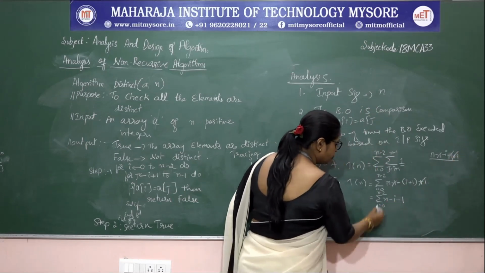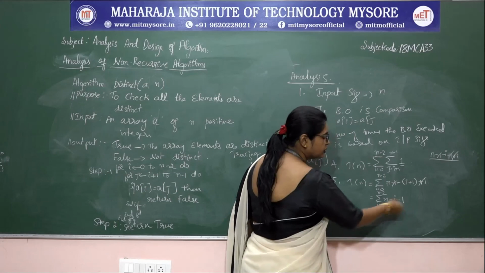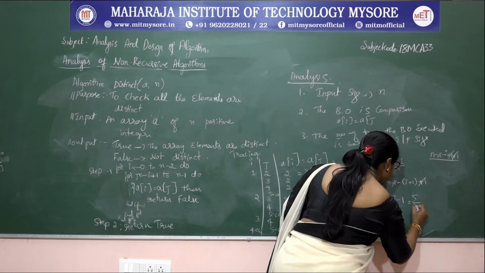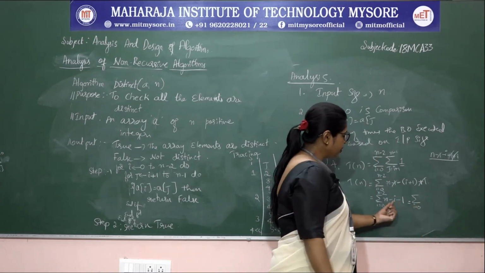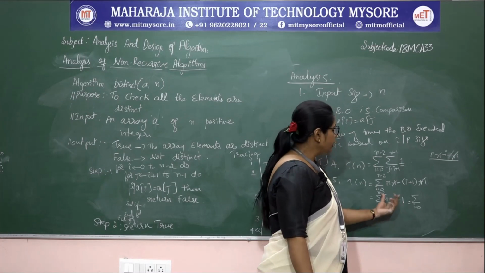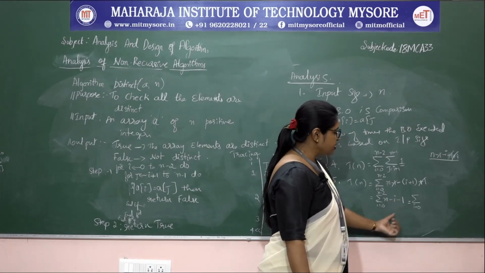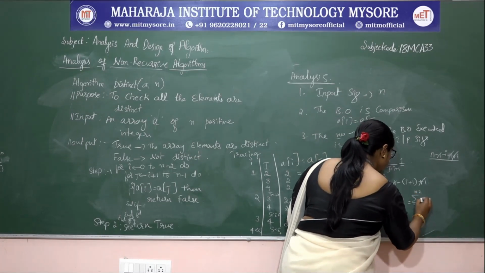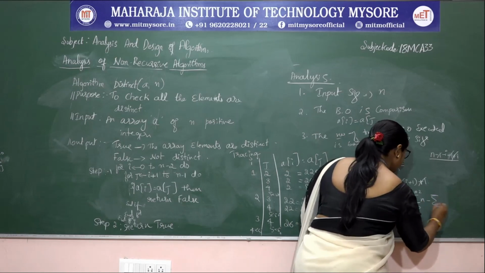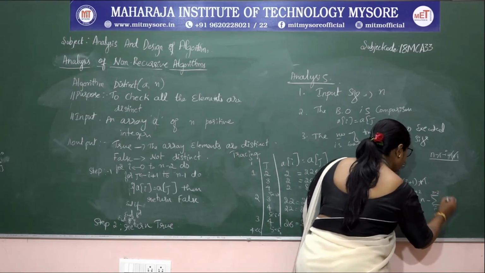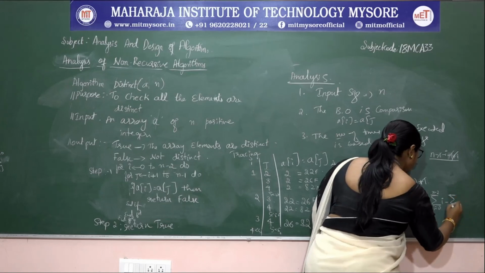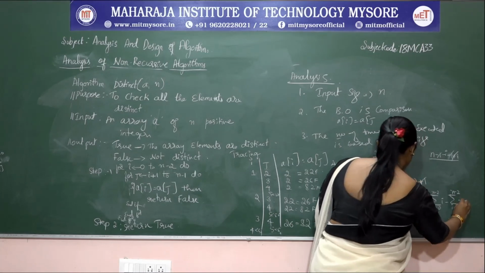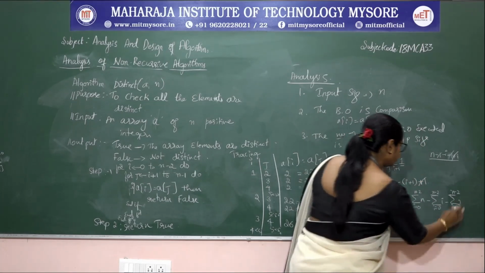So, here we need to apply the summation for all the values present over here. So, that we need to write summation i is equal to 0. Since in between we have a minus operation, we need to apply it for each and every term that is present in the equation. i is equal to 0 to n minus 2, n minus summation i is equal to 0 to n minus 2, i minus summation i is equal to 0 to n minus 2, 1.